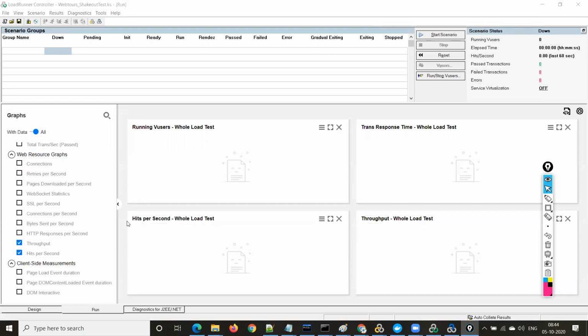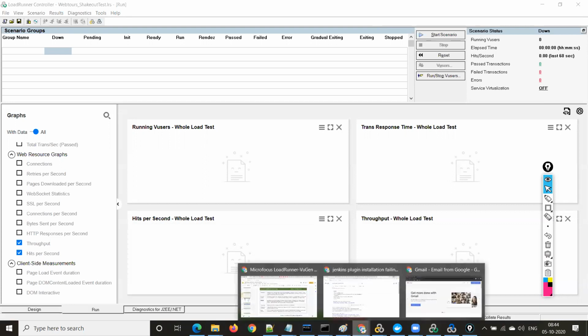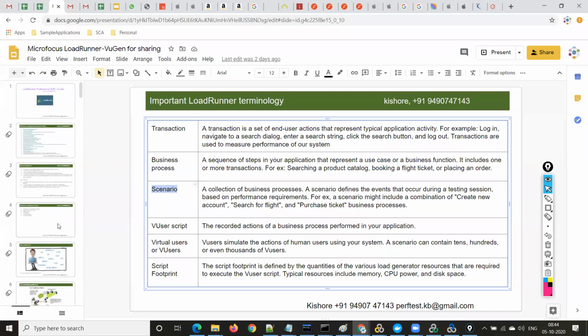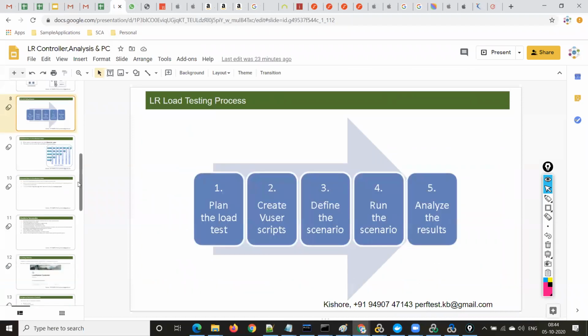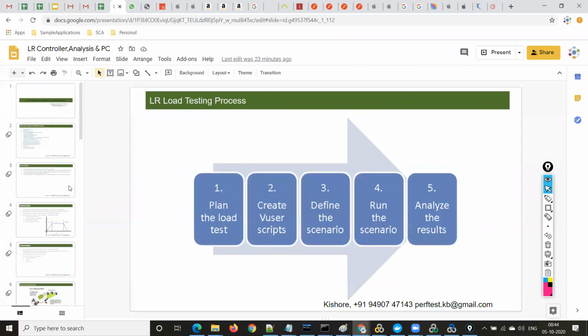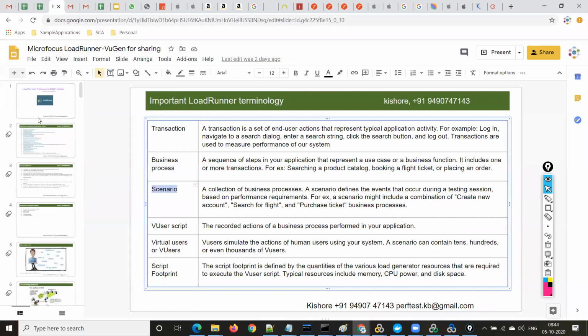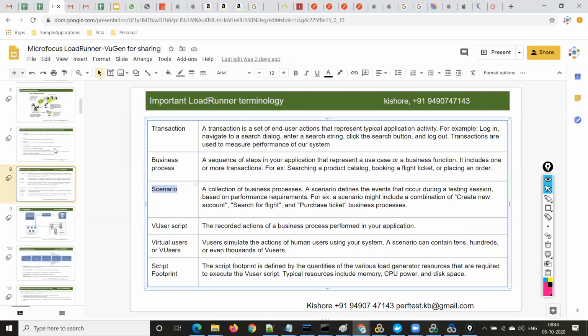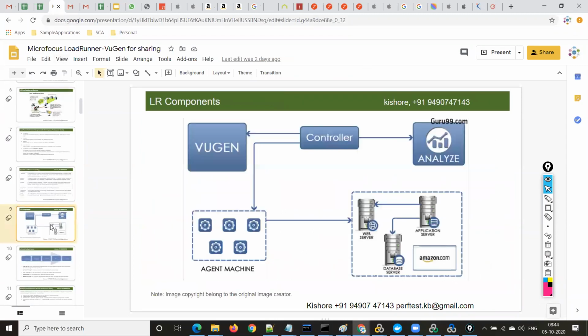What is throughput? Is this understood? Hits per second. We just understood, right? I just explained that every user request will first go to the web server, and then the app server and DB server, right? Every request will first go to the web server, app server, and DB server.